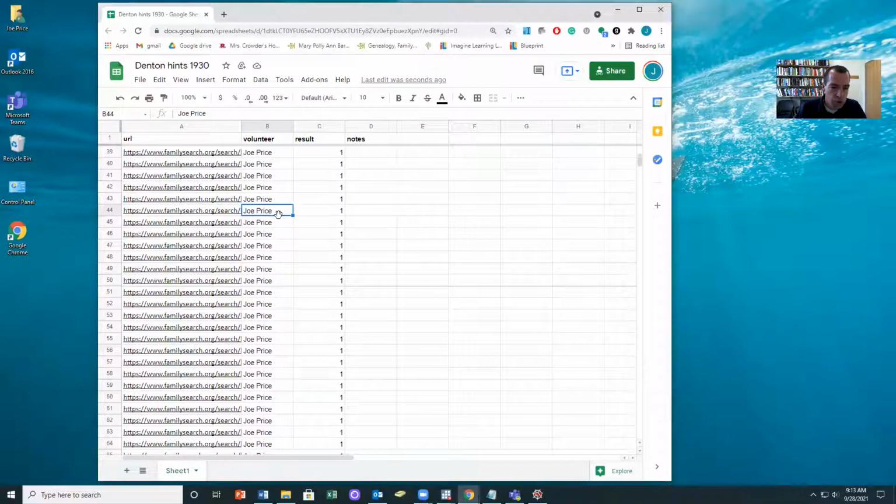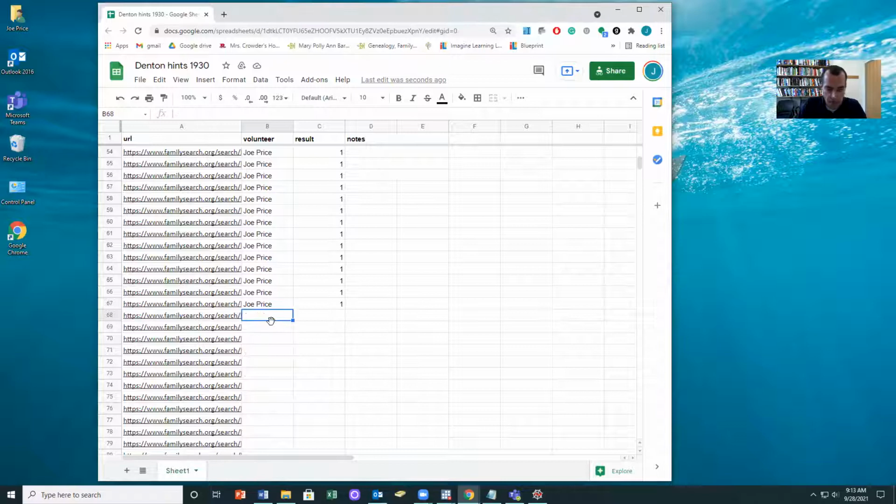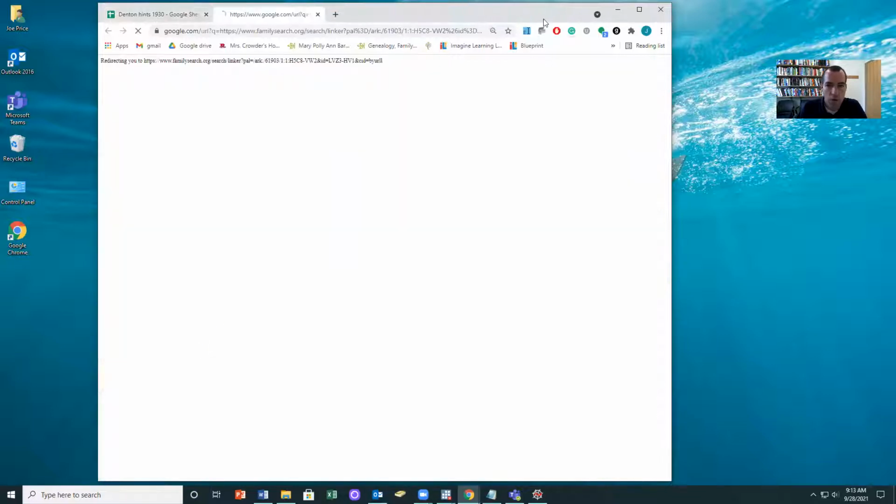And so when you're in the Google Sheet, you can just click on a cell and hit Control down to go to the next open spot. And then you'll just type in your name. This is just a way of checking out the ones you're going to work on. And then what you can do is just click on the URL and it takes you right here into Source